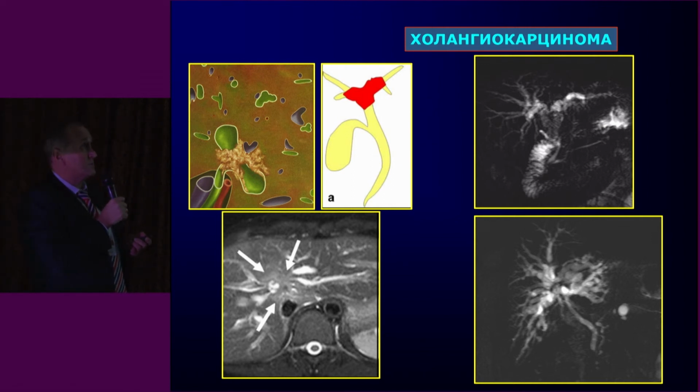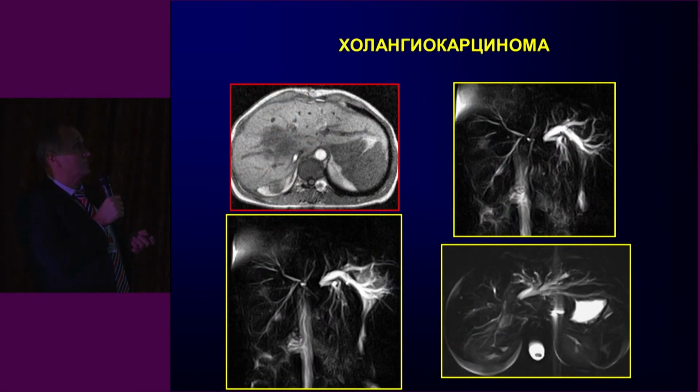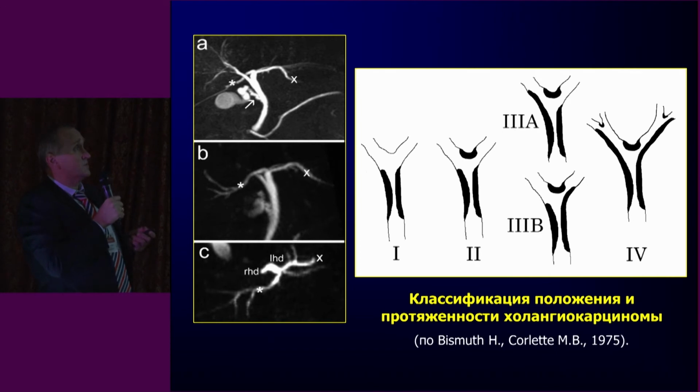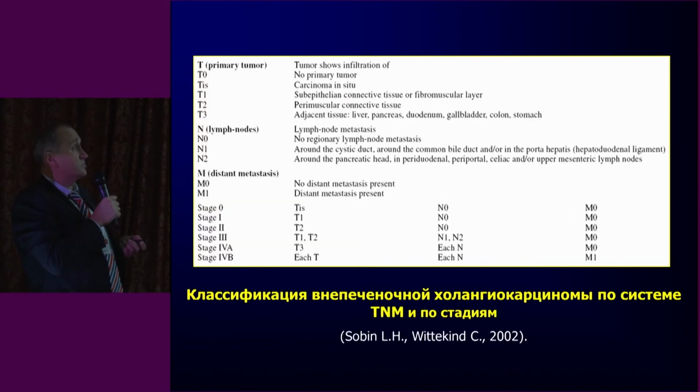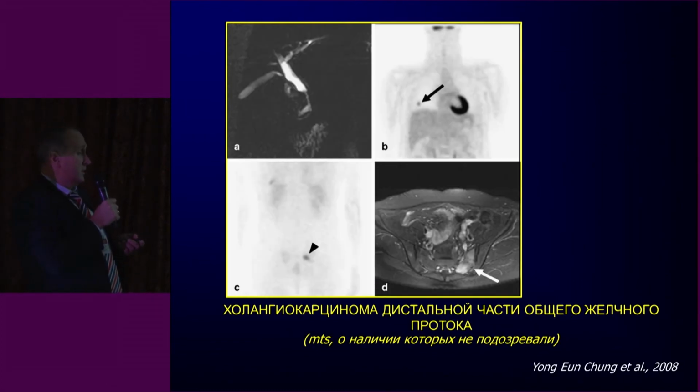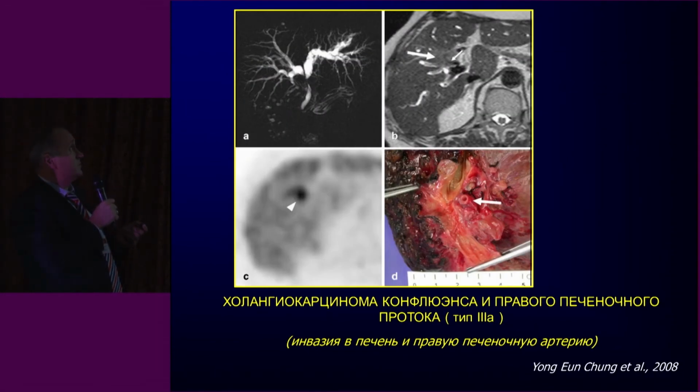Only when the lobar bile ducts are blocked does the patient come to the clinic, but it's hard to help them in this condition. But we should understand that depending on which duct is mostly invaded, we can say which tumor we have, and stage it using the TNM system. Very interesting case, with very clear symptoms of Klatskin tumor in T2 weighted images